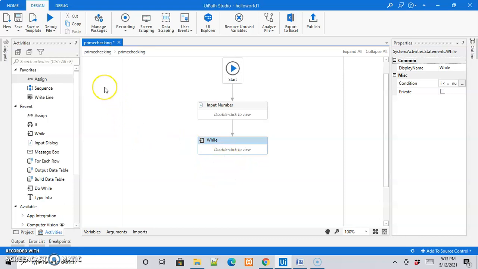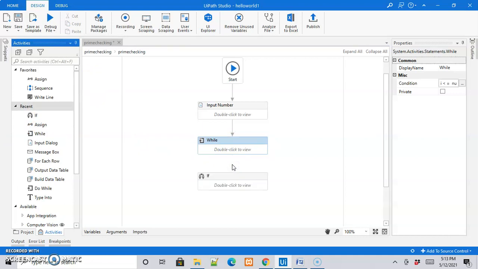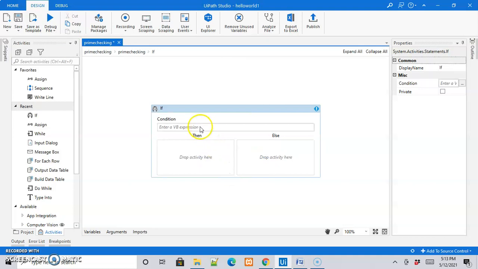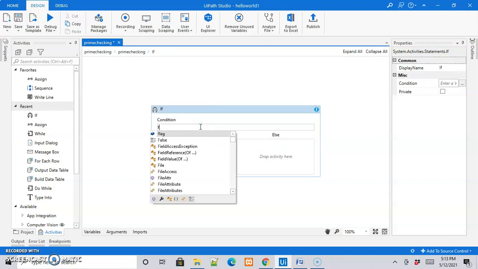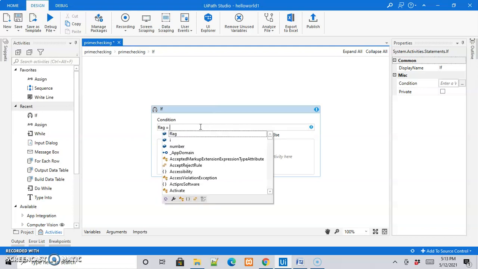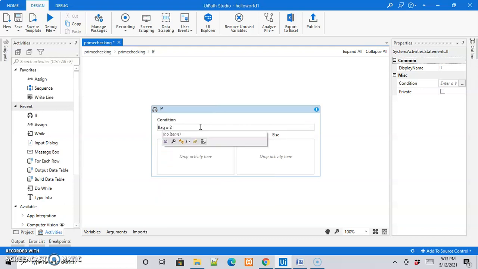We have to add one more if activity here. Here we say that if the value of the flag equals 2, if the value of the flag reaches 2, then we indicate a